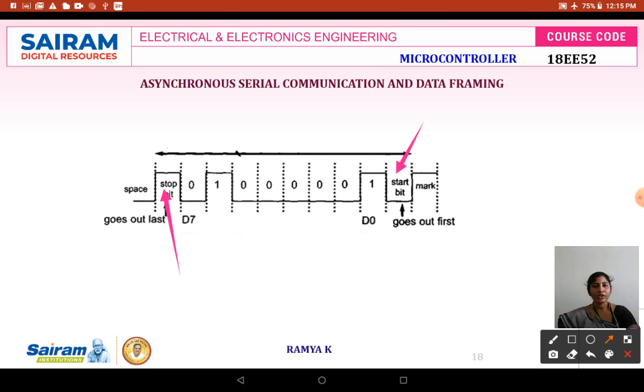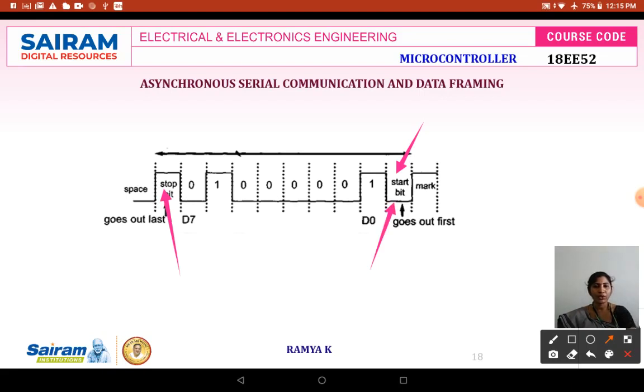The start bit is always one bit, but the stop bit can be 1 or 2 bits. To transmit the data, only one start bit is required, whereas you can have 1 or 2 stop bits. The start bit, as shown here, always has a low value, that is 0.